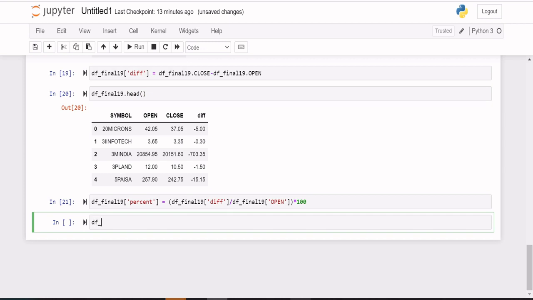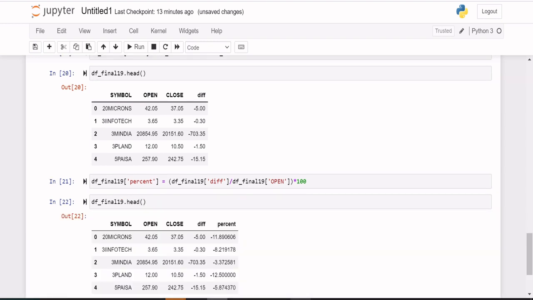So now we have df_final19.head. So we got the complete data.